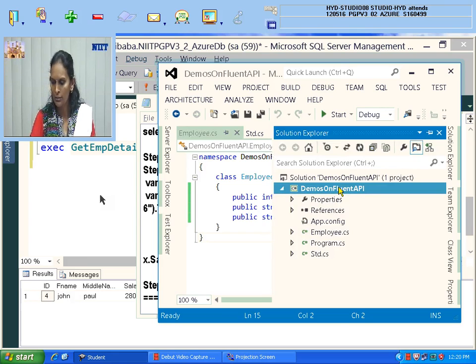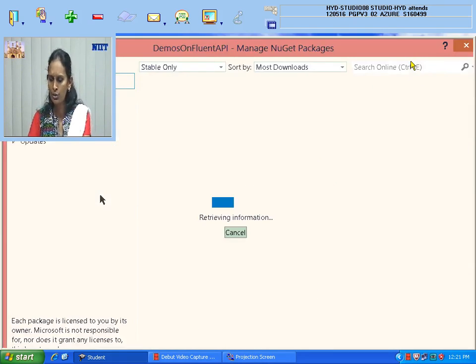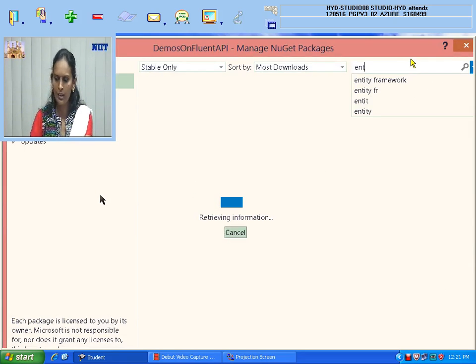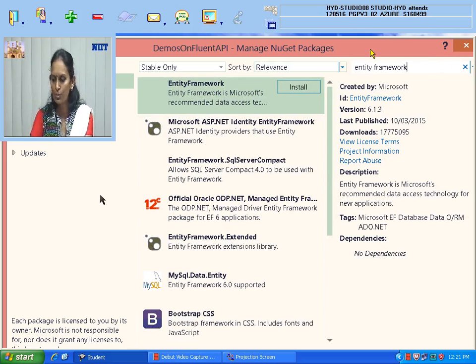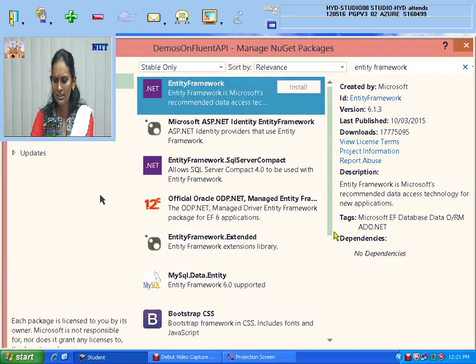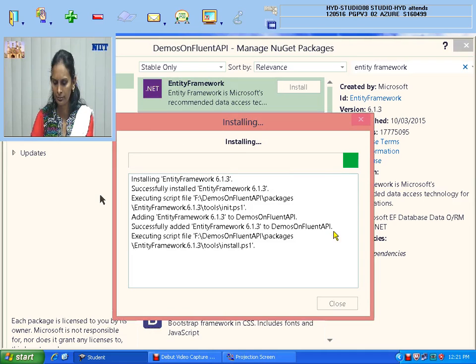Right click on your application. Yesterday, whatever I told, the same steps. There is nothing new. Entity Framework. Madam, you already installed it for that application, but not in a new application. In every application, if you want it, you have to take it. If it is an ASP application, directly you don't require it. But from the console application, if you want to perform Entity Framework, you must do it. I am installing, okay? It will take a few seconds. So done.